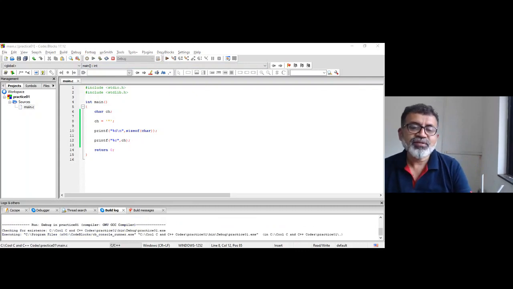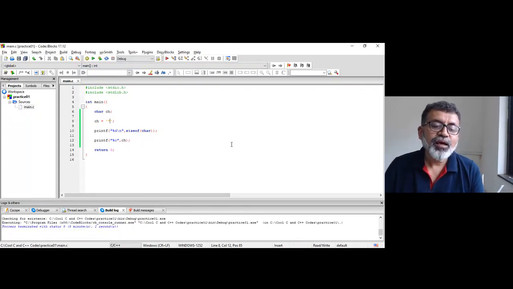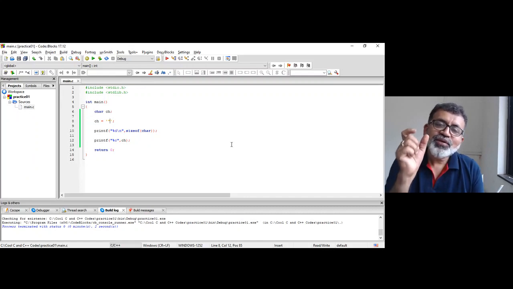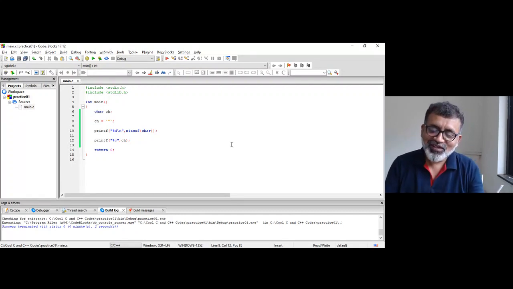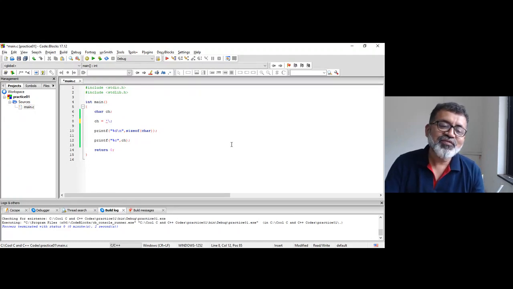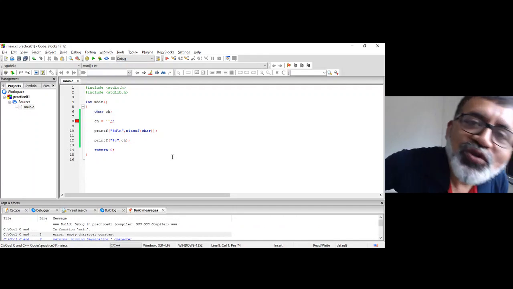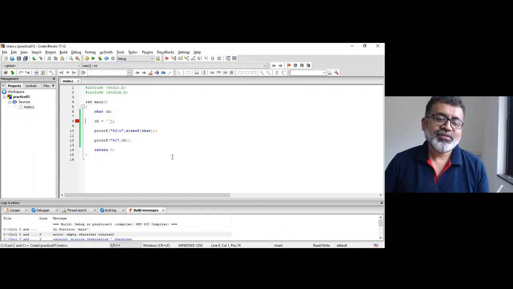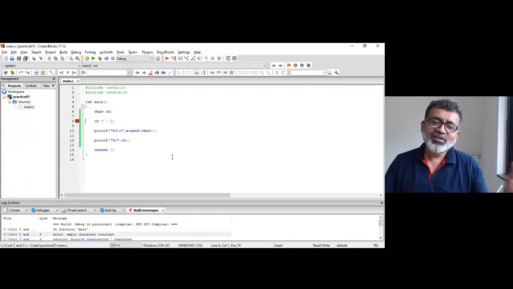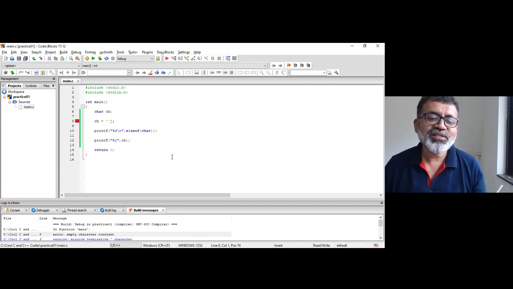It is printed, okay. But for storing the character, the syntax is it has to be written in a pair of single quotes. If you want to print the single quote itself, we use the slash. Only then is it possible. Otherwise, if you write like this, it gives an error. So there we use the slash. How that slash can be used in a variety of ways, we will see in the future.